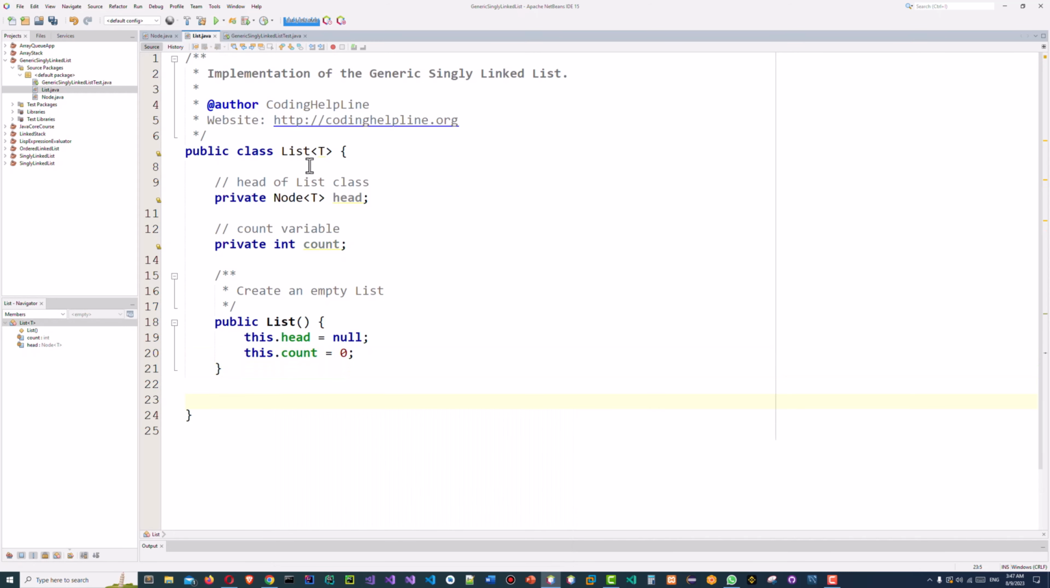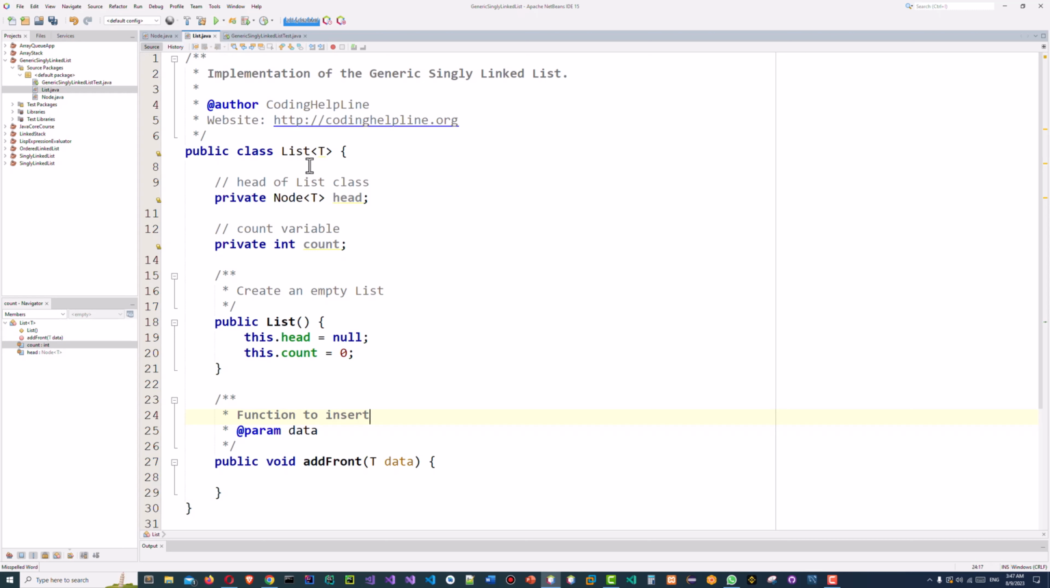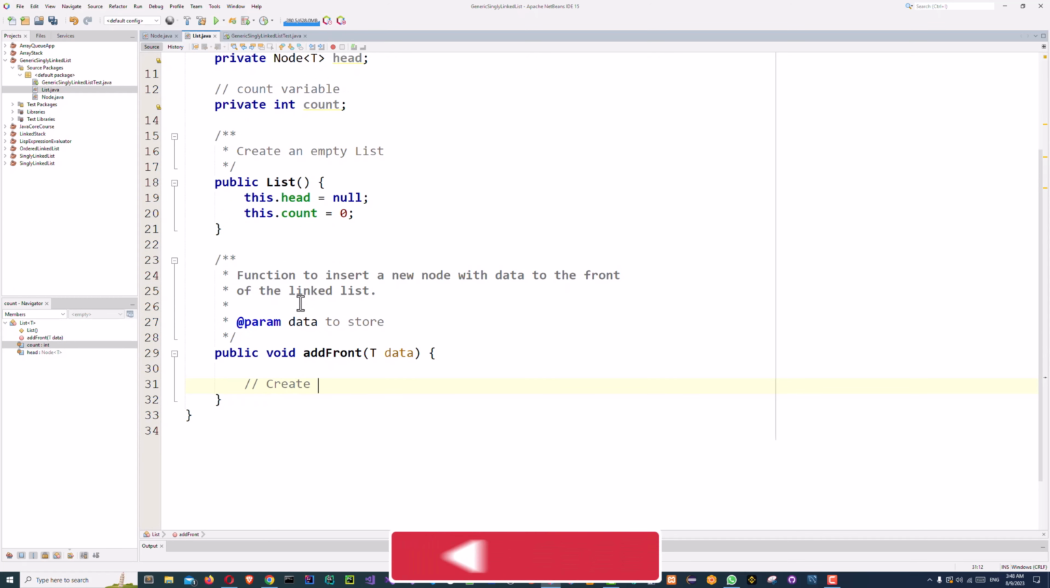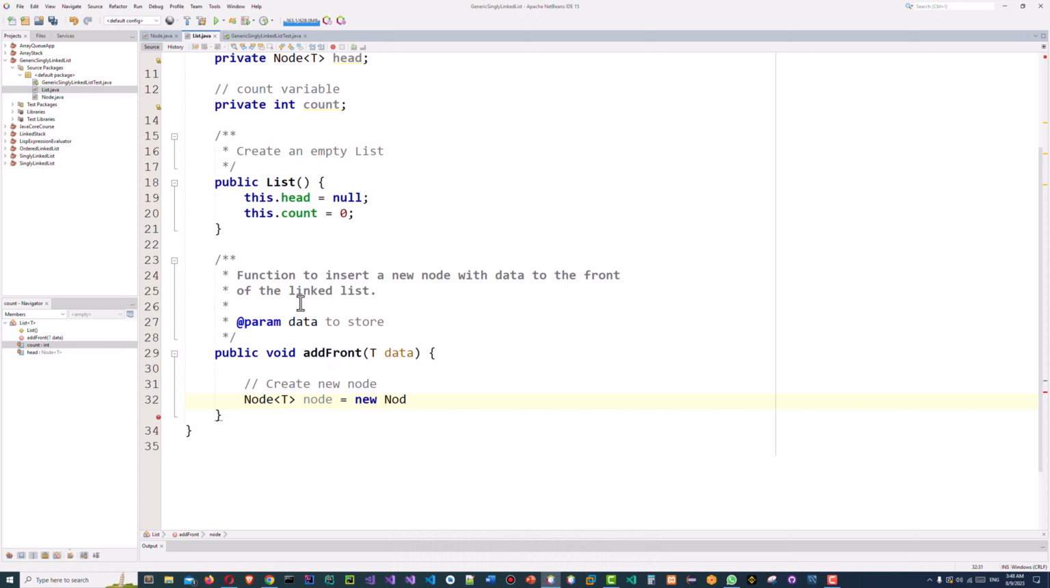Now function public void addFront and data T data, function to insert a new node with data to the front of the linked list. This is data to store. Okay, now here we first create a new node, Node T node is equal to new Node